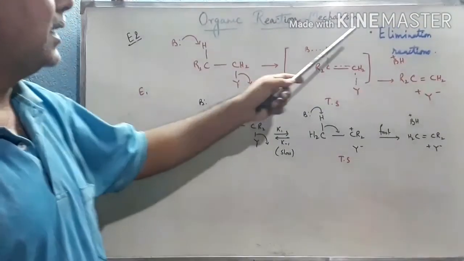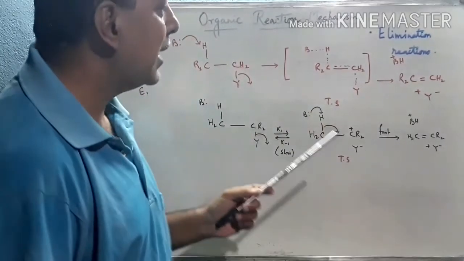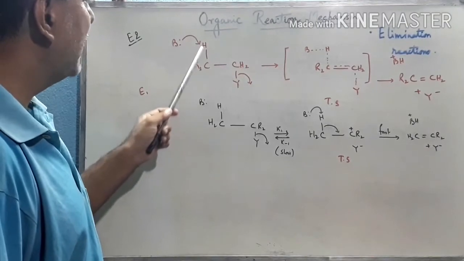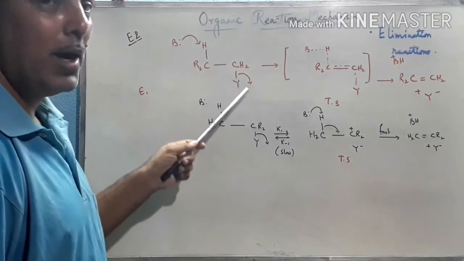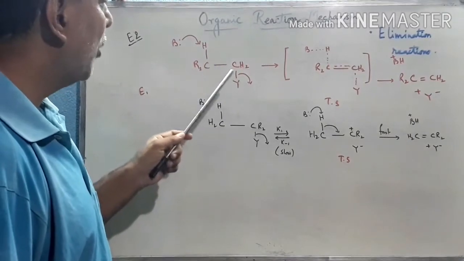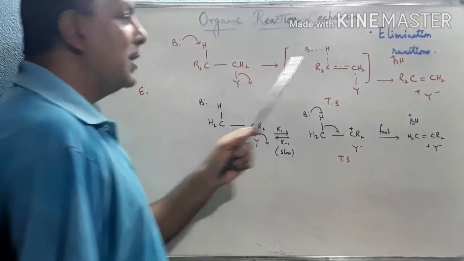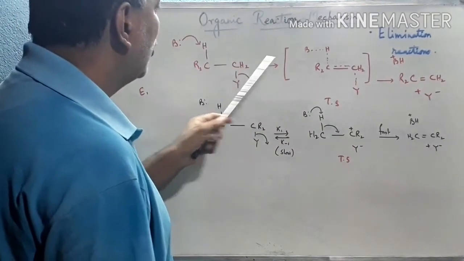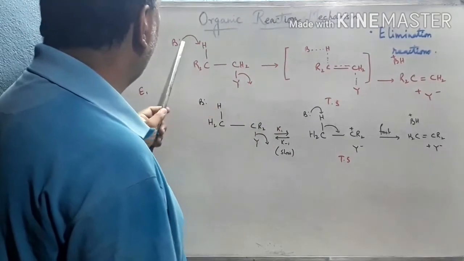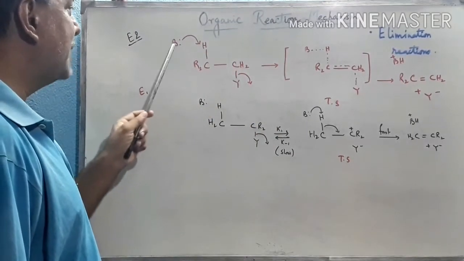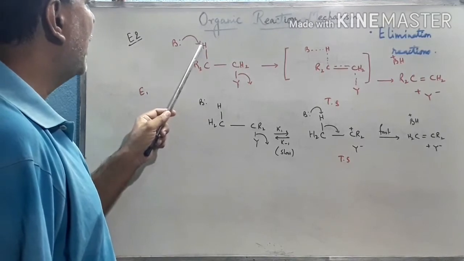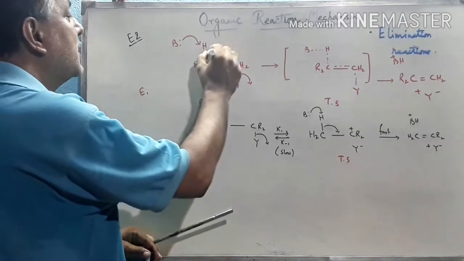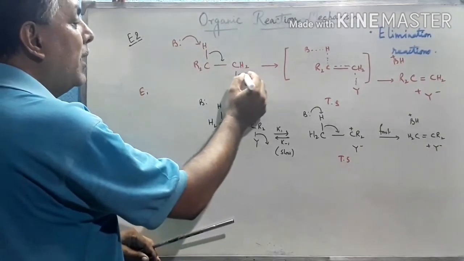Now I am discussing the elimination reactions, the mechanism of the elimination reactions. First is E2. See that this is the compound R2CH-CH2Y, where Y is the leaving group here. Through elimination it forms an alkene, so it forms a double bond. See the transition state here: B, through its lone pair, is the base, and through this lone pair it accepts the hydrogen plus. It forms a double bond here, and Y minus dissociates.